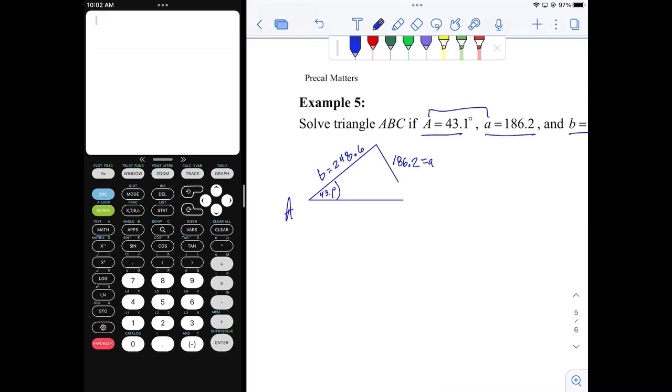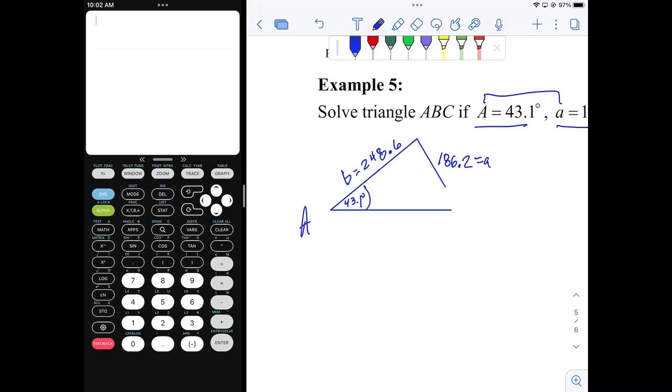There you go. So now the first question is, like we've been doing, how many triangles are there? 186 is less than 248, right? So I don't know if there's one solution or possibly two, okay? Or zero, right? I still don't know. I got to calculate the altitude,